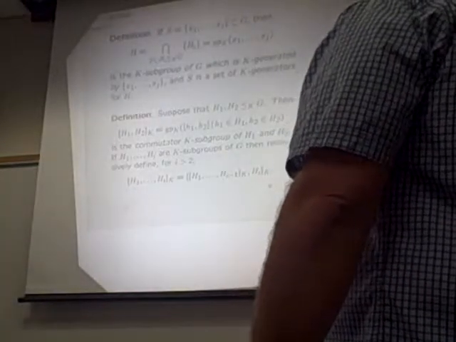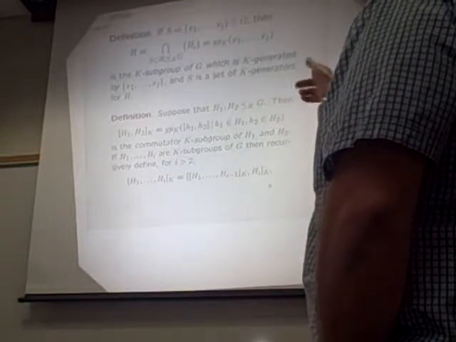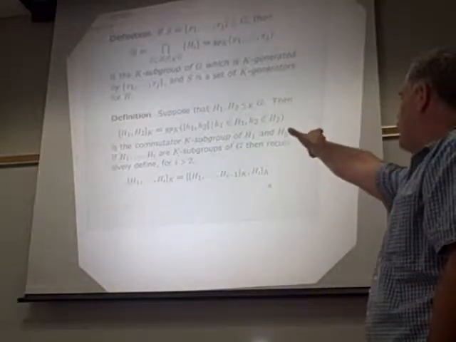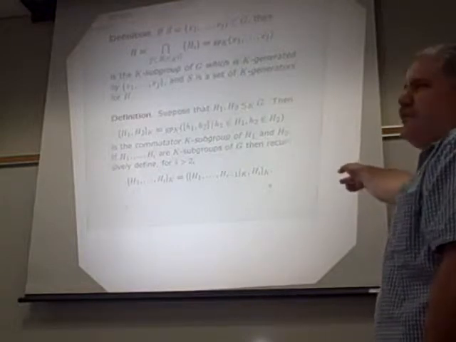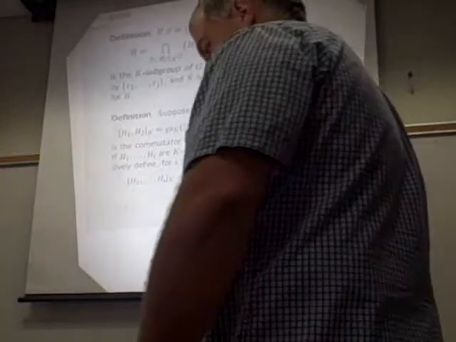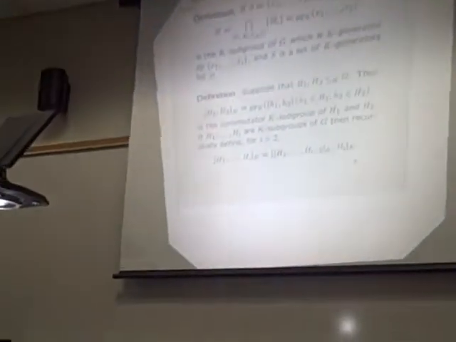Now it turns out that recursively one can define a commutator subgroup which is going to have i things in it, let's say, H1 up to Hi. And you do that by just looking at it step by step. So you do the first i minus one of them, and then you take Hi after that. And it turns out that just the notion of commutator subgroups alone requires a bit of work and effort. Okay? Yeah. Question? Well, for somebody that doesn't know, this is the normal closure of these commutators in K. Well, it turns out, one can prove that this is a normal, these are normal closures, yeah.